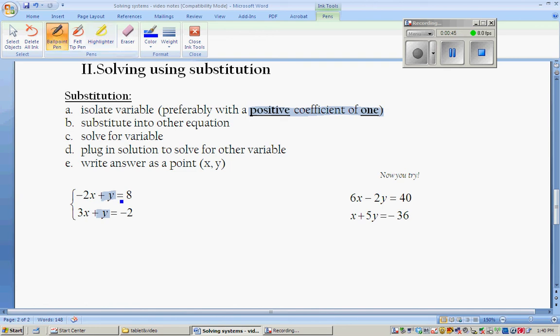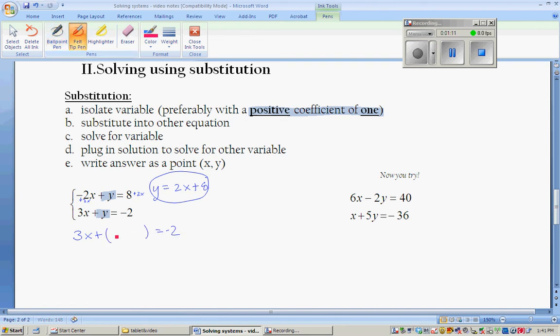So I'm going to use the top equation and say that y is equal to 2x plus 8. I just move the 2x to the other side by adding it. Now what you do is you rewrite your other equation and don't include the y. Everywhere that the y should have been, we're going to sub in